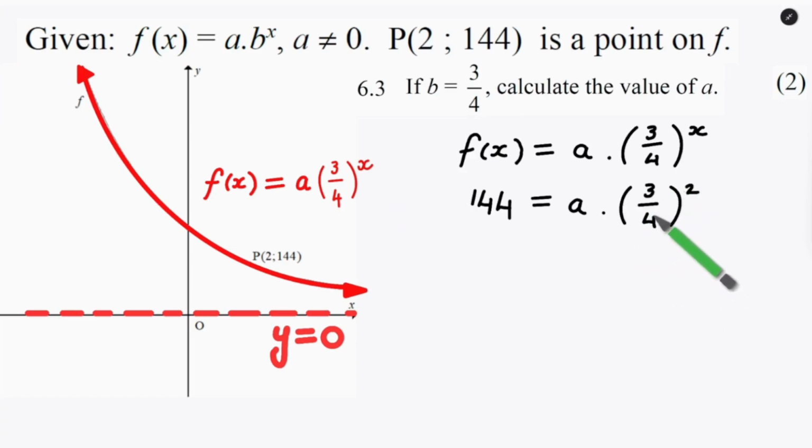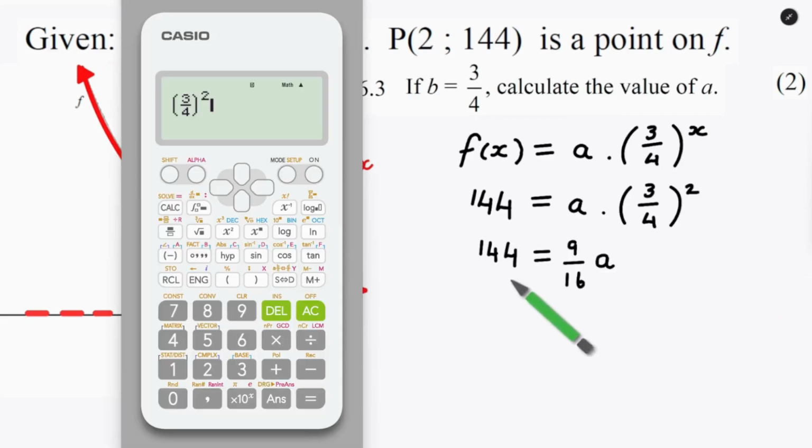So I'm going to square this bracket quickly. And when you square it in your calculator, just make sure to wrap it in some brackets. And then you see you get that 9/16 that I've got over there. And now to get a on its own, we need to divide by the number in front of it. So we're going to divide both sides of the equation by this 9/16. And I must type it into my calculator like this. Just make sure you say 144 and then use the divide button and a fraction over here. Press equals. And then we get our a value to be